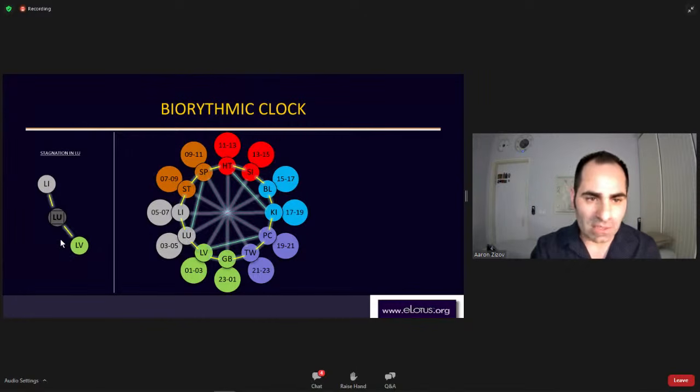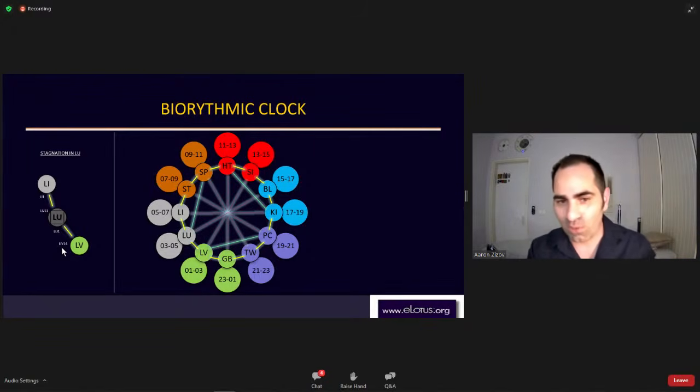We have the liver on one side, again on this flow with the Chinese clock, or the flow of the qi and the daytime. So we have the liver, we have the large intestine. One is before, one is after. So we can use different points, such as liver 14, to push. Again, it depends what the problem is, but we can use liver 14, which is the last point on the liver meridian, and lung 1 as the first point.